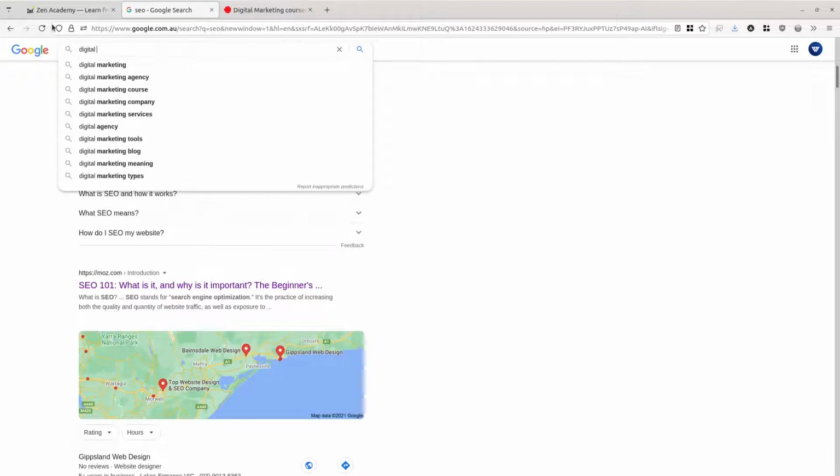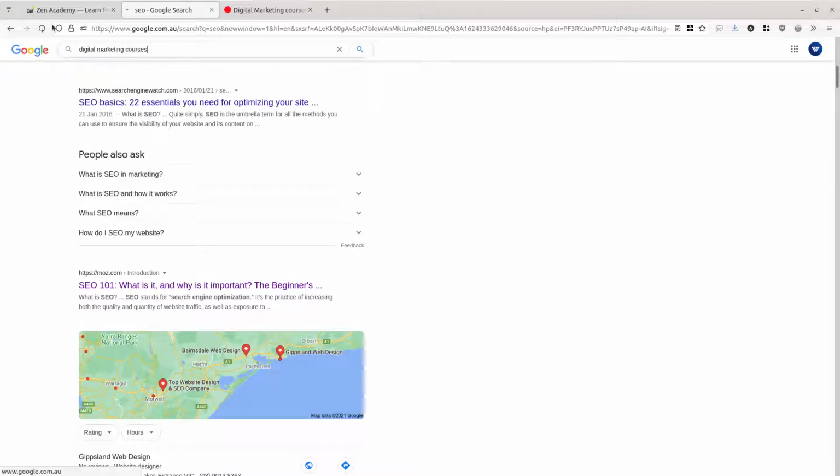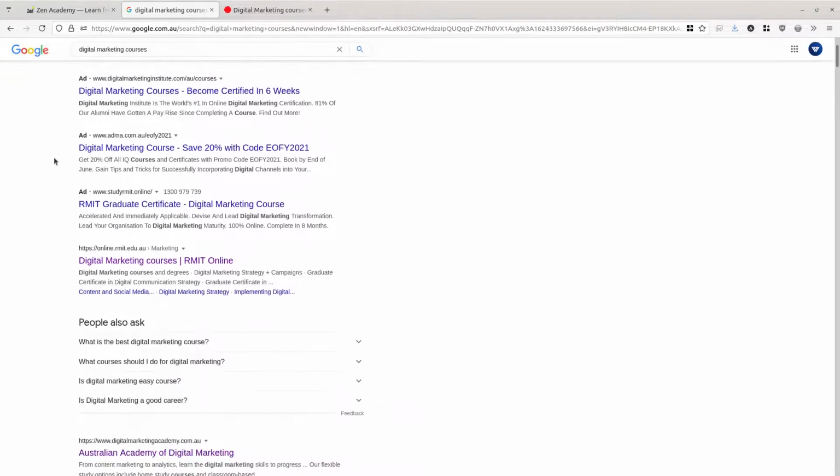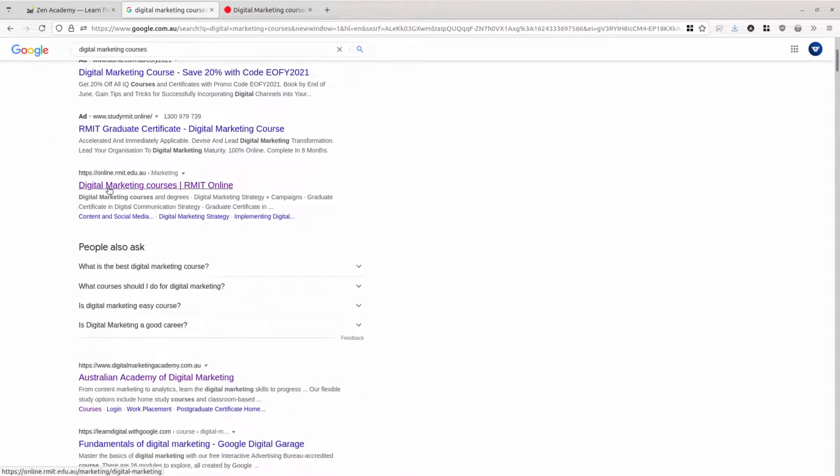For example, if I search for digital marketing courses, you would notice that the top 4 results, 1, 2, 3, and 4, have that ad tag. When they have the ad tag at the front, that's a sponsored listing. That's not SEO. But everything after that, for example, this one here, digital marketing courses, RMIT,